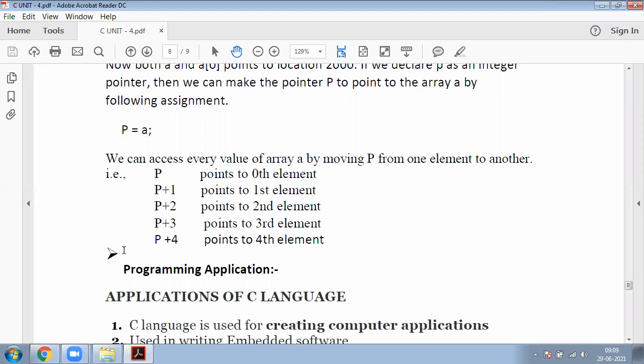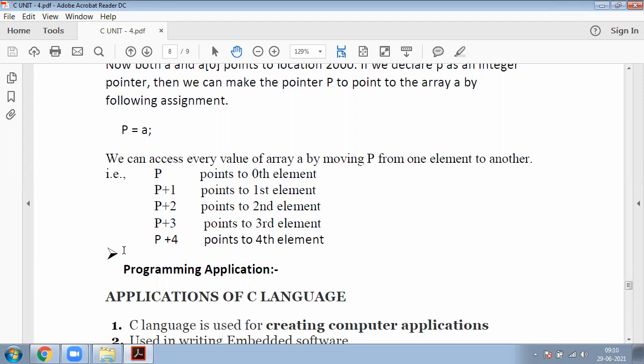Now we can access all five elements of an array with the help of these pointers, that is p plus 1, p plus 2, like that up to p plus 4. Simply we can access every element of an array a by moving p from one element to another.